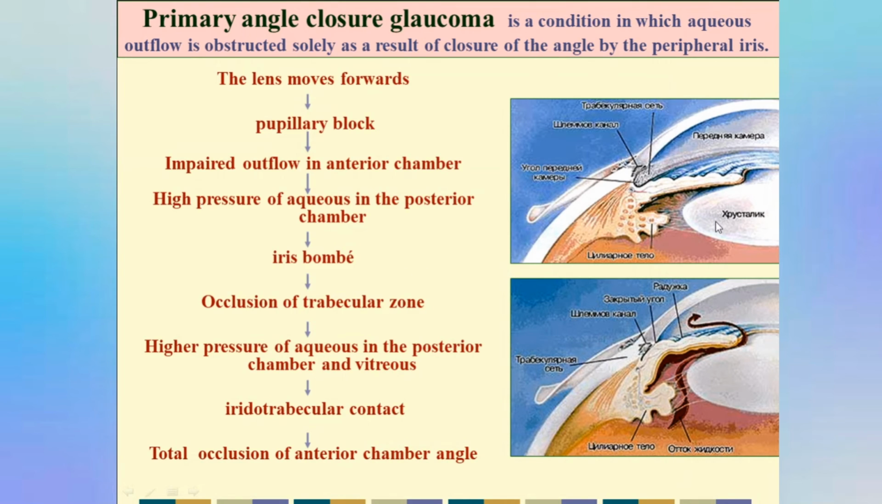Usually, the lens moves forward, and pupillary block appears, and aqueous from the posterior chamber can't go to the anterior chamber. We receive high pressure of the aqueous in the anterior chamber and iris bombé, occlusion of the trabecular zone by iris,